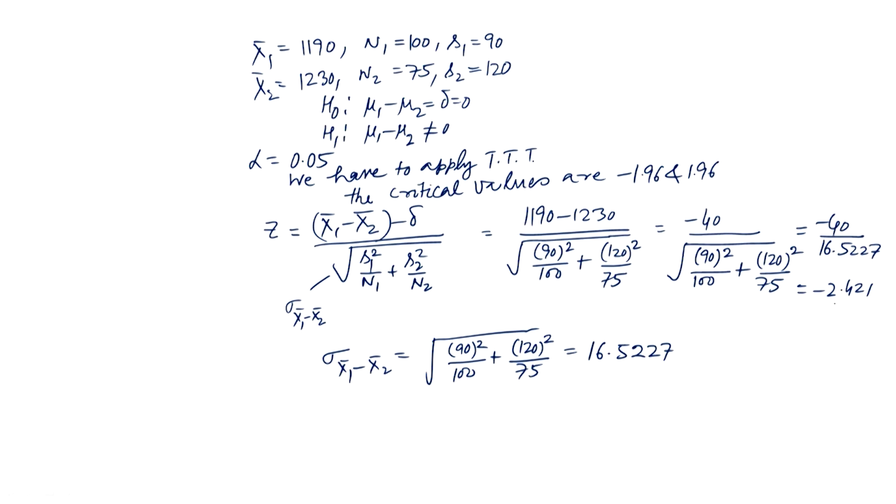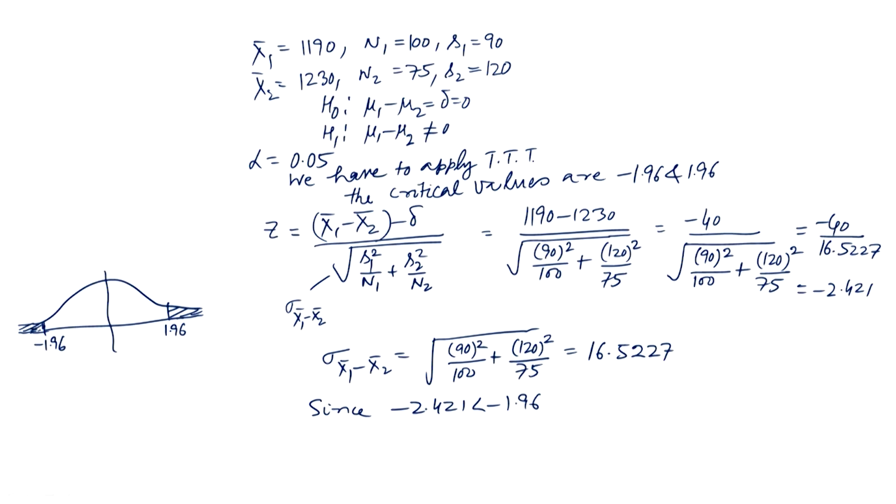Now, let us see. The critical values are minus 1.96 and plus 1.96, so z lies between minus 1.96 and plus 1.96. This is the critical region in the case of a two-tailed test. We are getting z equal to minus 2.421, and since minus 2.421 is less than minus 1.96,